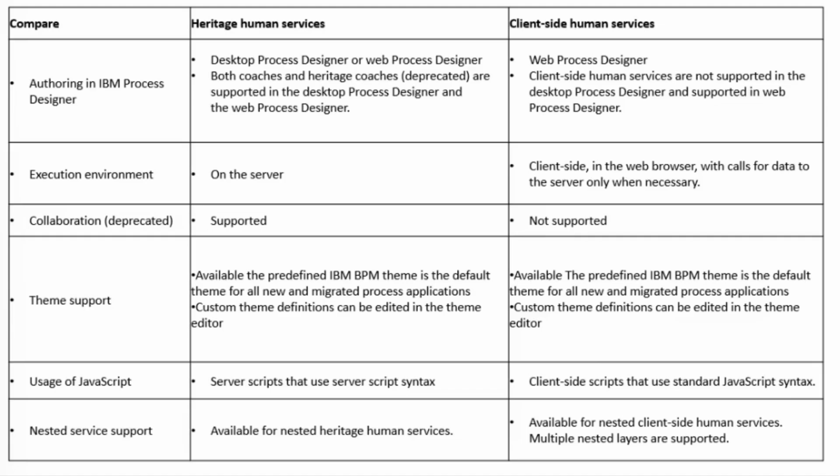Okay. Heritage human services are executed in the BPM server, whereas client-side human services are executed in the web browser. So whenever we need data from the server, we will call Ajax services from the client-side human services to get the data. If we don't need data from the server, then there won't be any calls to the server. That is nothing but, all the client-side human services will be executed in the